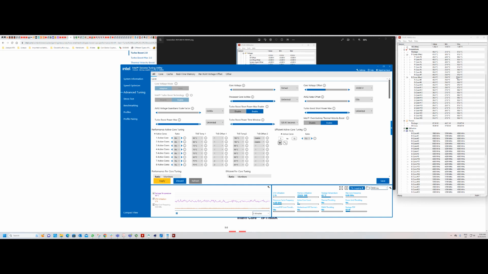Based on my temperatures, it looks like I can slightly increase the peak core, which is something I'm going to try to do and see maybe later on. But I'm actually pretty content with 6,000 megahertz, which is normally the default for the KS. But again, I was able to get both up to 6,000 megahertz for the peak cores only. So it's actually pretty satisfying, and also at the same